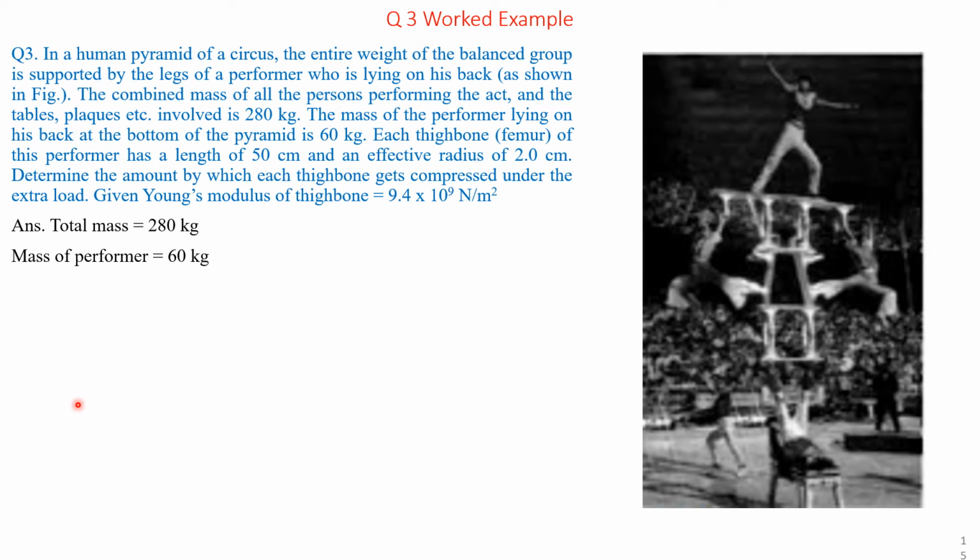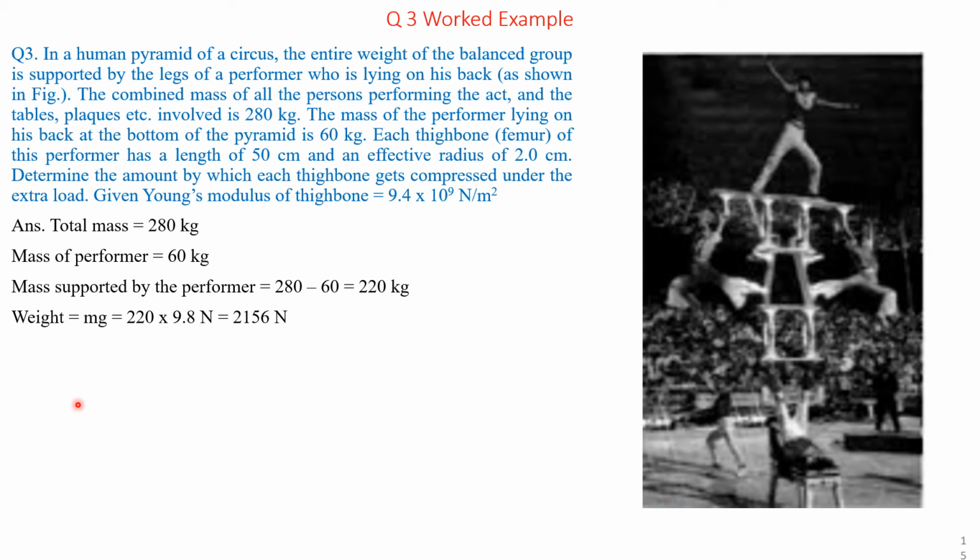Mass of the performer is given as 60 kg. Mass supported by the performer is equal to 280 minus 60 kg, that is equal to 220 kg. Calculating the weight, weight equals m into g, that is 220 into 9.8 newtons,